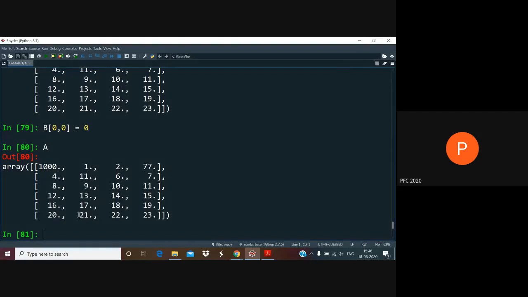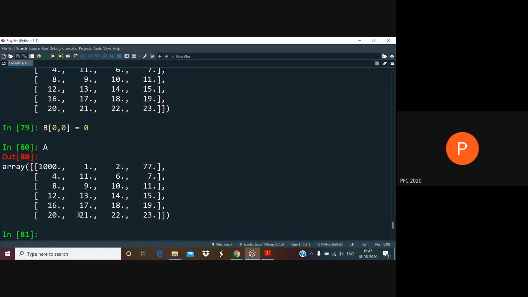So if you want to quickly get a copy of all the elements of A into a new array, you can do that just by adding 0 to the old array. But this is not a very good idea because, especially if you're dealing with an immense array, which could be a million by million array for all you care, and those are things which are pretty common actually in applications, this would take a huge amount of time because even adding 0 to every element takes some time. Huge, of course, is relative. But if you want to do this over and over again in a program, that might slow down your program.